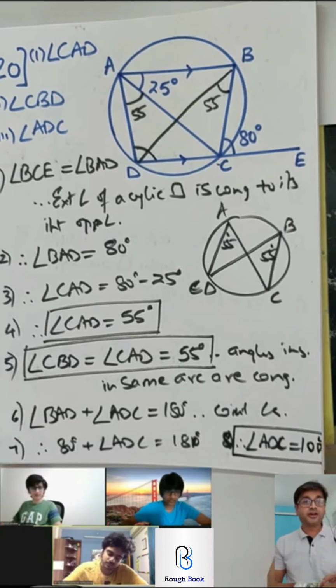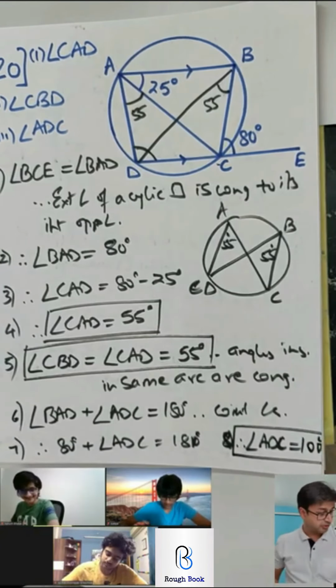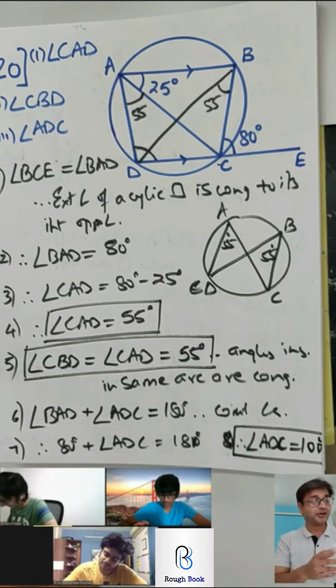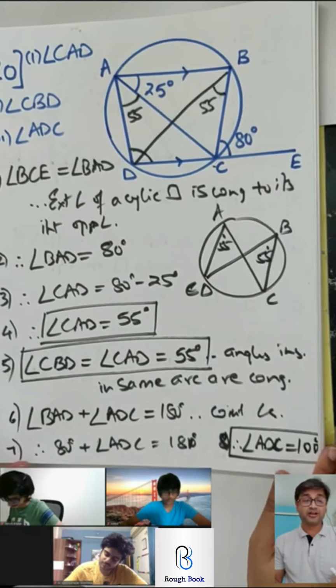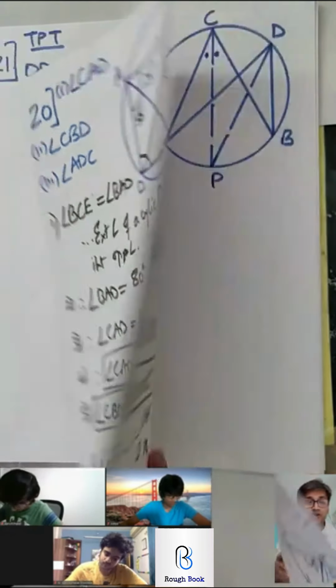100. How much did you get? 100. Okay, I was just checking up on you. 100 is correct. I have written 100 only over here. I wanted to see if anyone's just copying over there. So that's 100 and that's perfect. So we got this one as well. Let's go to the next one.